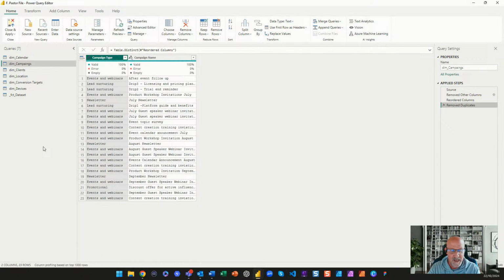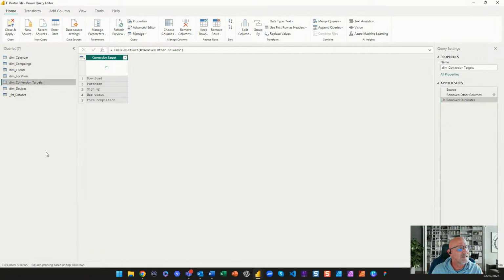Why did I pick to reference instead of duplicate? In this case, because I wasn't realizing these small changes that I have to do in the main table, I decided to reference. So any changes I make in the main table, the fact table, will go through to the reference table. So I don't need to change everything in 2 different tables. Okay, conversion target